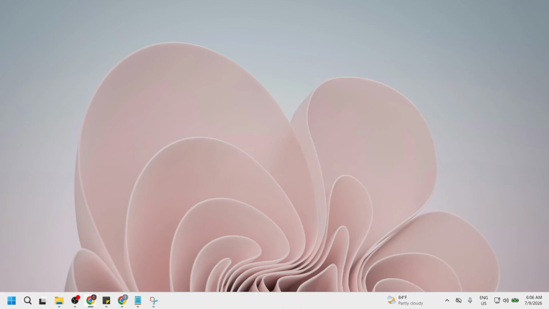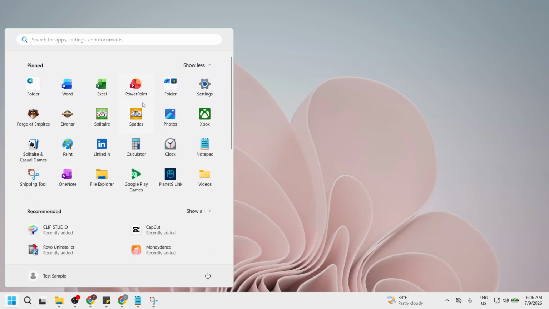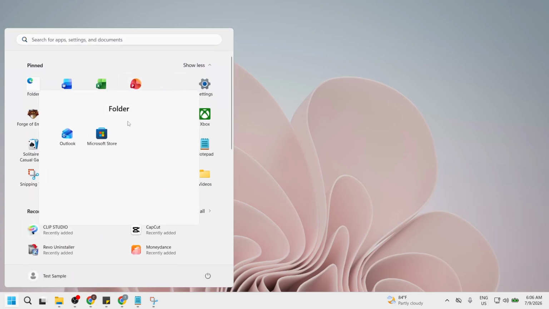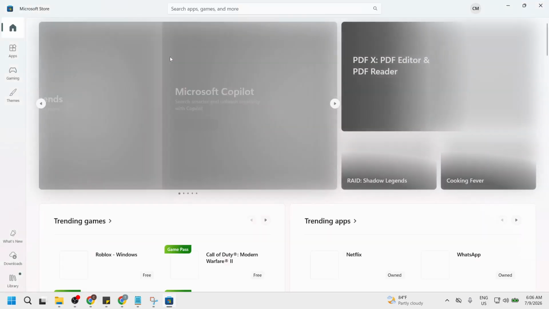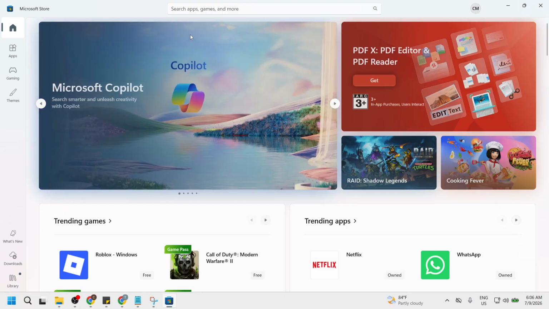In today's video, I'm going to teach you how to set Internet Speed Meter in Windows 11. First, let's begin by opening the Microsoft Store. You can find the store icon on your taskbar, usually represented by a shopping bag logo. Once you click on it, the store will open, presenting you with a wide variety of applications.